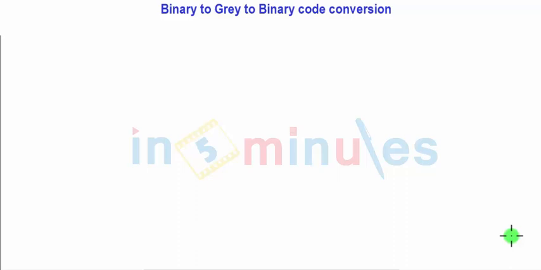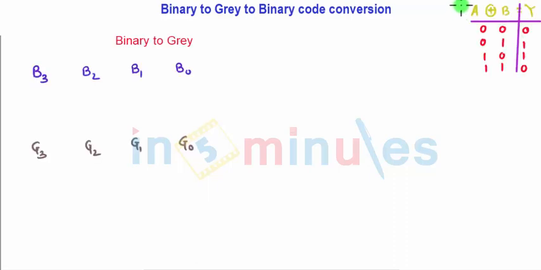In this presentation, we will see the code conversion, particularly binary to gray code and gray code to binary code. We can convert any number of bit code into binary to gray or gray to binary. For the sake of simplicity, we are going to consider here a 4-bit code. But before starting, you should be very careful about on what basis gray code and binary codes are calculated.